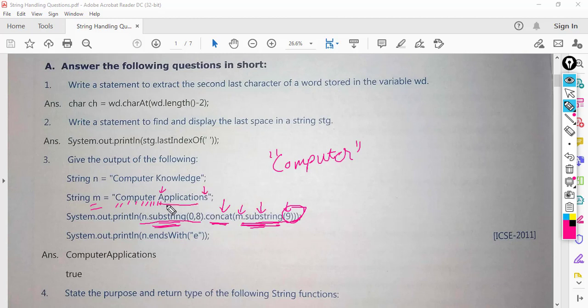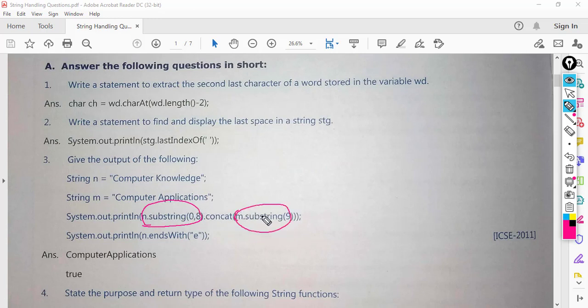So the substring returned by this substring function is applications. This one is computer and this one is applications. So both are concatenated and the string is computerapplications without any space.